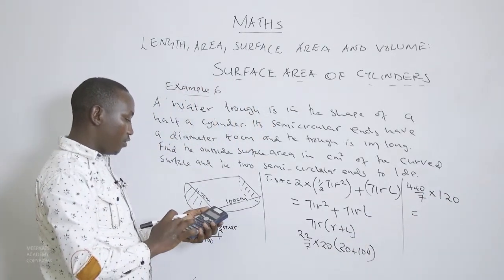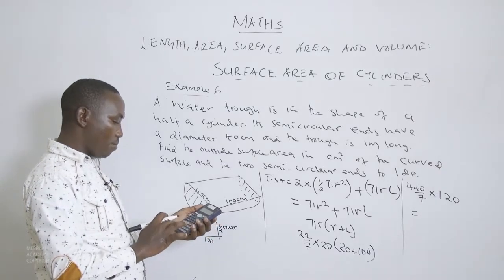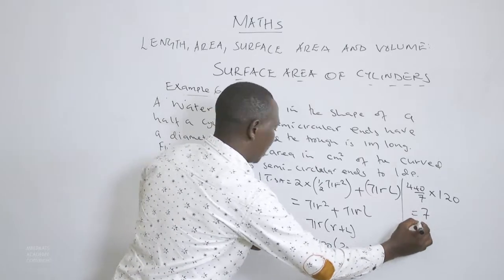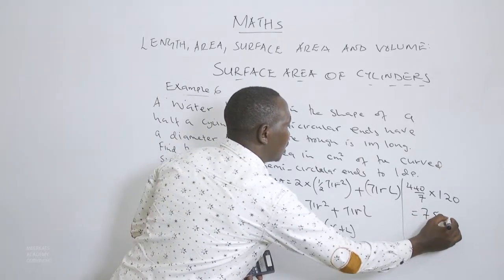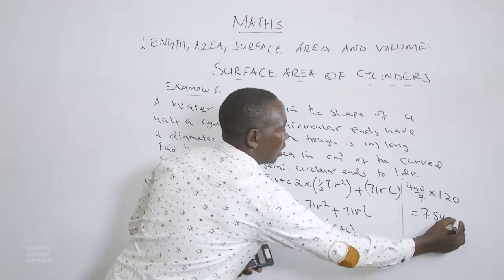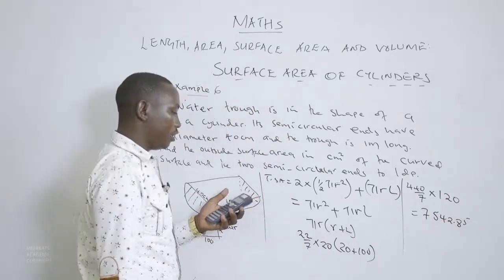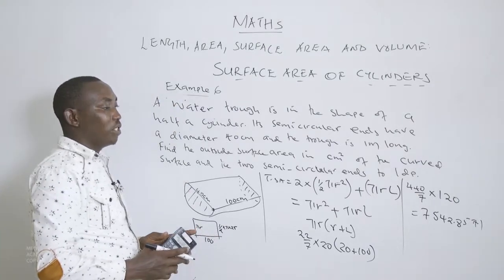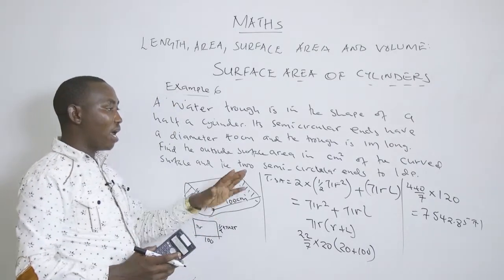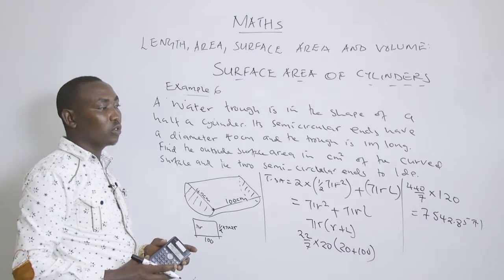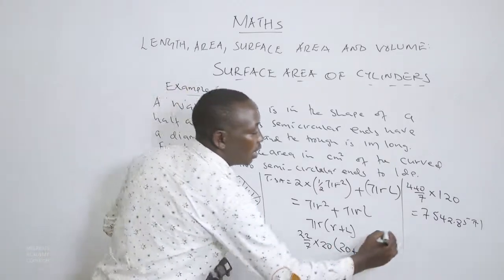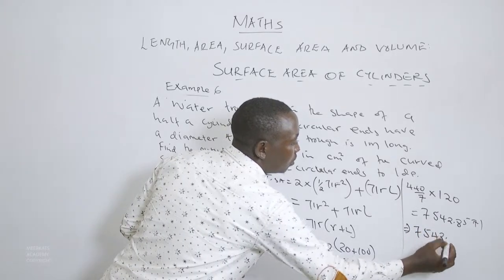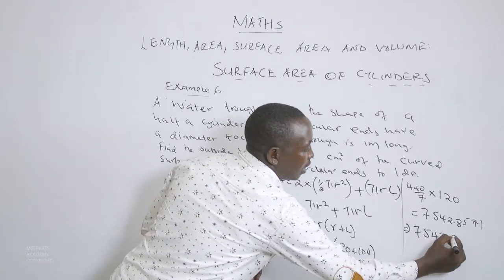That will give us 440/7 multiplied by 120, which is 7,542.8571, but you have been told to round off the answer correct to 1 decimal place. So this is equivalent to 7542.9